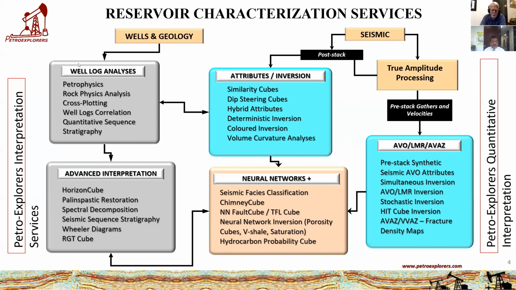From the geology side, there are cross sections, petrophysics, well log analysis, and quantitative sequence stratigraphy, coming into the horizon cube and Wheeler diagrams from the seismic. We have done this over the years, and can go through any workflow or just a part of it. That's what we provide as a service, to complement the exploration and development of the